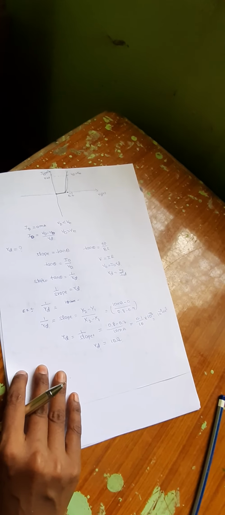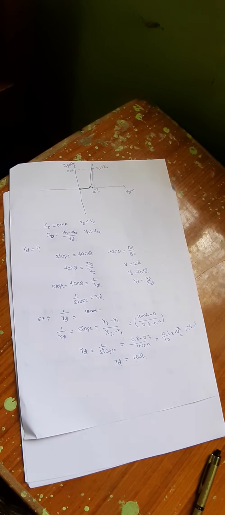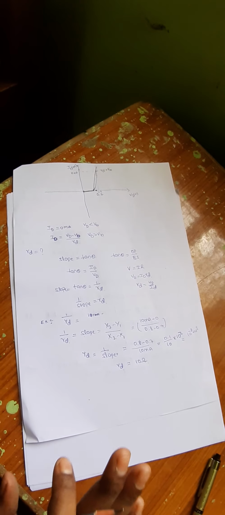Okay, so here it is, the value of RD. Once we know the value of RD, we now go for the equivalent circuit of a PN diode, for a piecewise linear equivalent circuit. So here the assumption is that the curve is linear. So, the diode equivalent circuit. Here we consider a